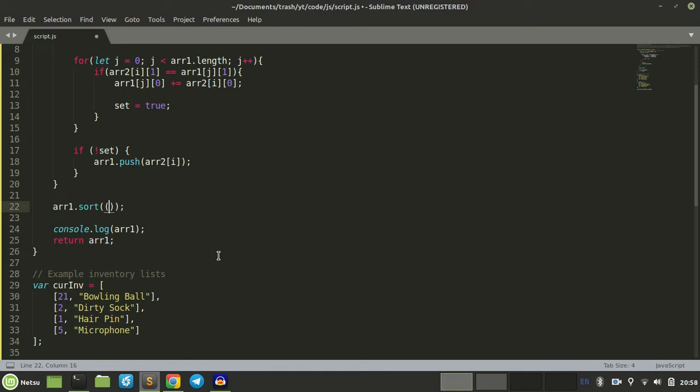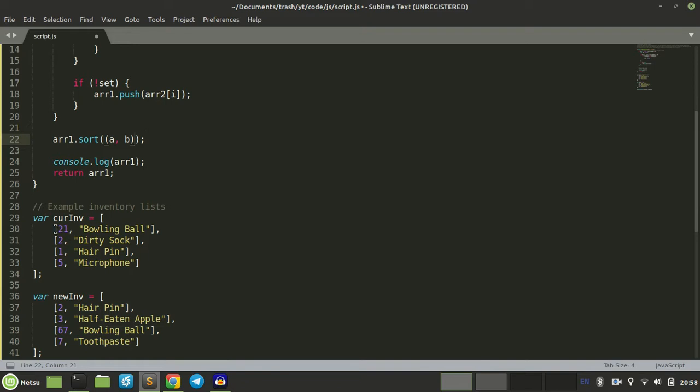So then you have to go A, comma B. So basically, what is this going to do? This is just going to go, let's say here is array 1, right? It's just going to take in this and this. So A and B, so it's going to get those two from it. And then we can make a shorthand method or function, whatever you want to call it. And then we want to go